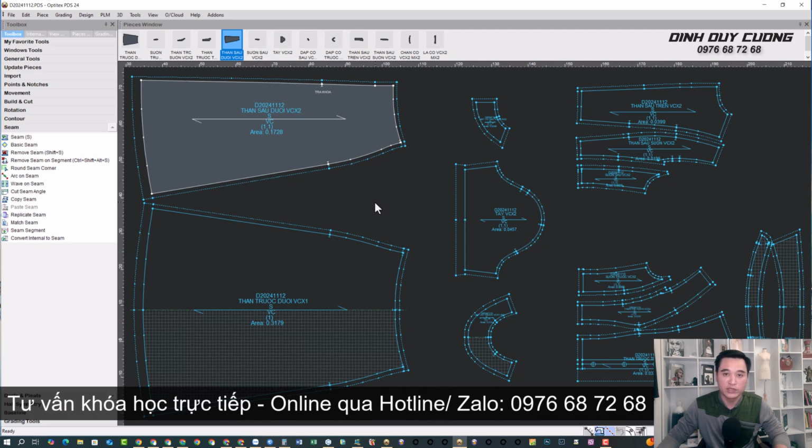In this video, I will answer a question from a student. A common question they asked was how to transfer digital pattern files between different software, specifically focusing on moving files from Optitex to Gerber and also to Lectra, or vice versa from Gerber or Lectra software into Optitex. So right now I will explain this to you.